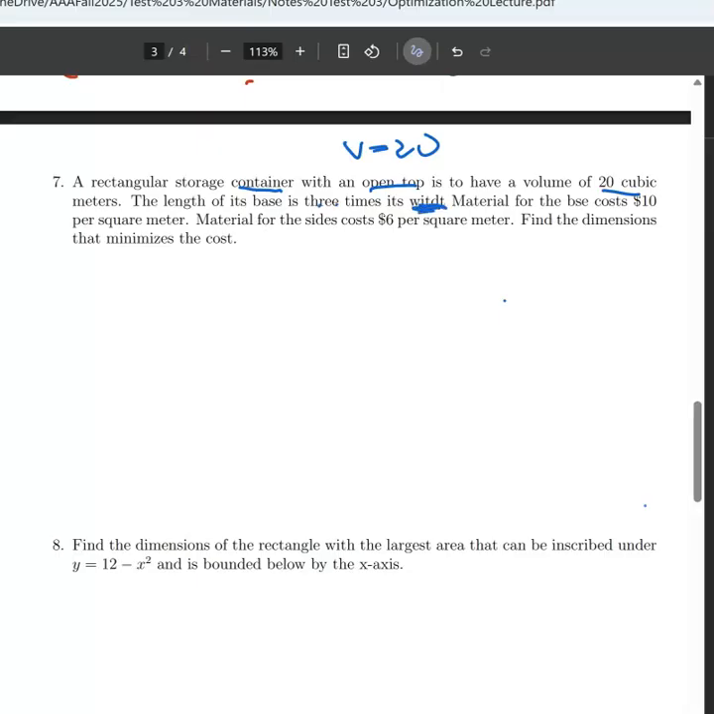Oops, sorry about that. So base, so I'm going to have 3W and W this time, right? Length of its base is 3 times its width. Okay, and then I have a height of H. Oh, look at those typos. Okay, so now what are they asking me? So I know that this is going to be 3W squared H, really similar to what we had in the